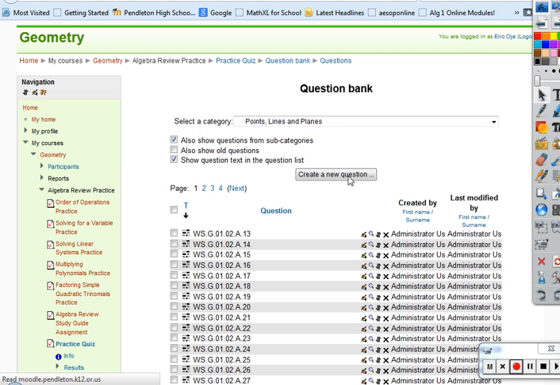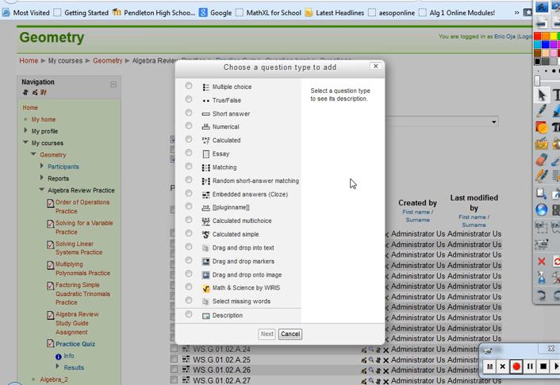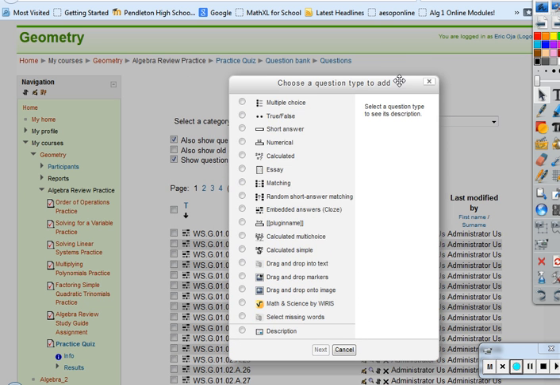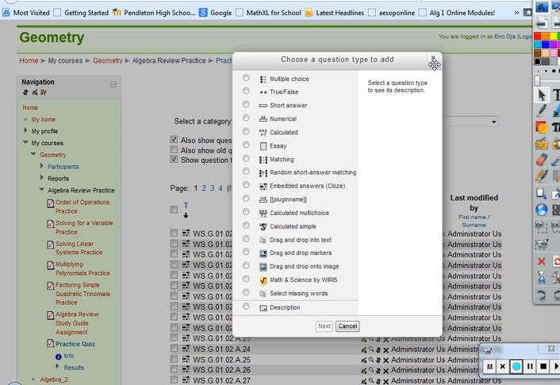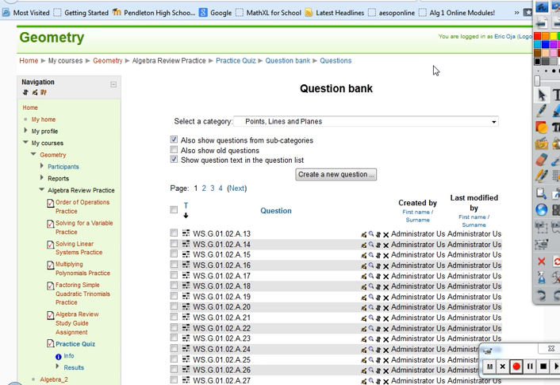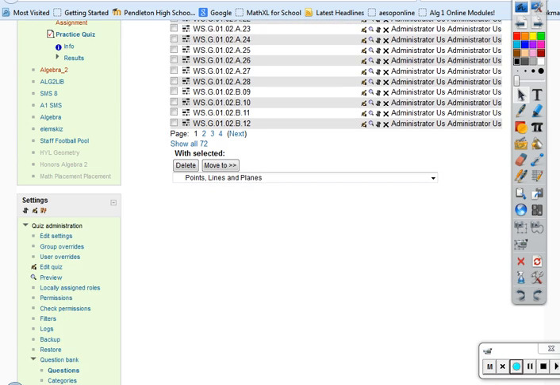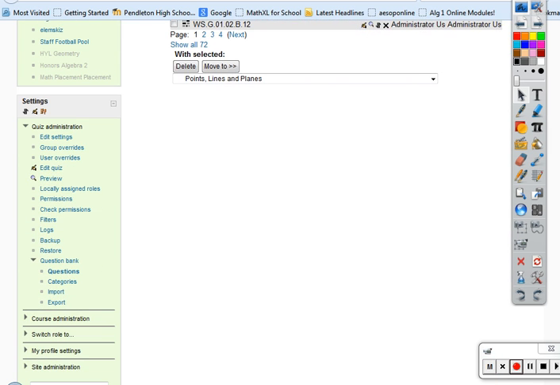If you want to create a new question, this is kind of cool. Here's how you do it. You go into the quiz view. If I want to build questions to use in quizzes, I'm in the question bank. Let me show you how to get here. If I go down to question bank, I can either click on questions, which takes me right to where I am now, or if I go to category,